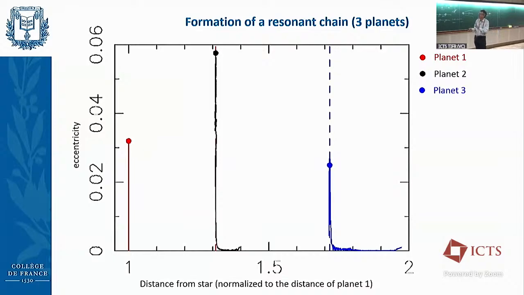Each planet is in resonance. They don't approach each other anymore. The eccentricity reaches an equilibrium. The eccentricity of the inner planet goes higher because this planet is squeezed in 2 resonances, from the inside and from the outside. The push in eccentricity is stronger. We can go to higher eccentricity. But at the end, we have what we call a resonant chain. And you can add more planets and build resonant chains with more